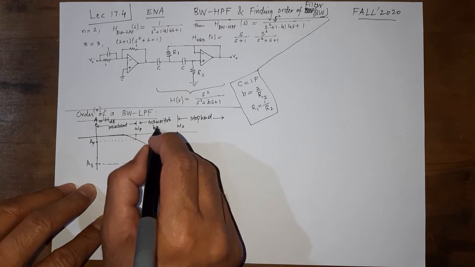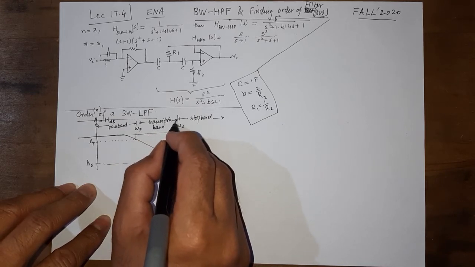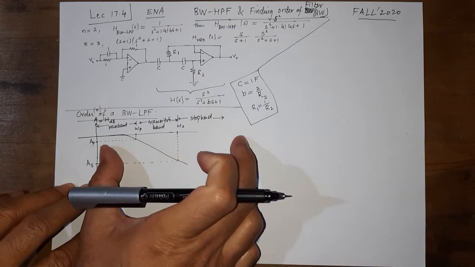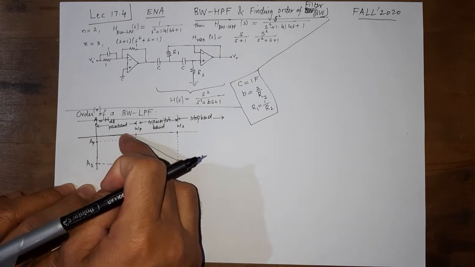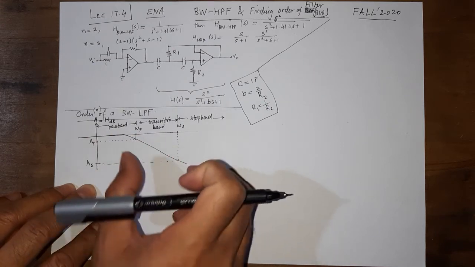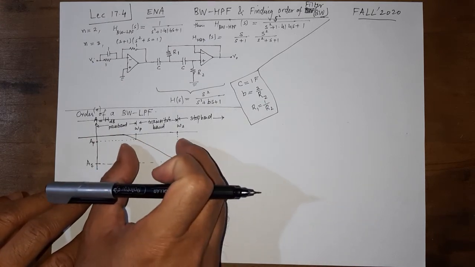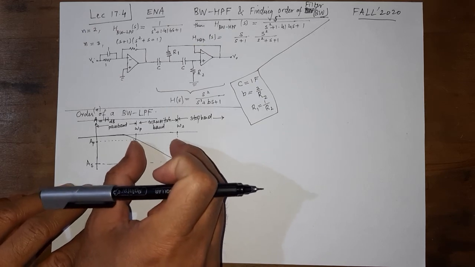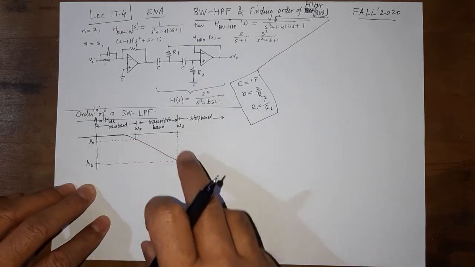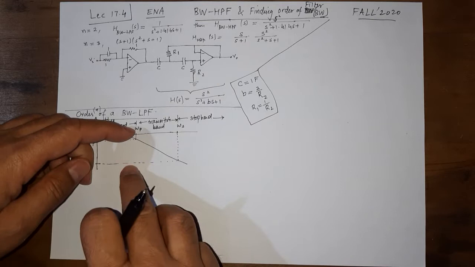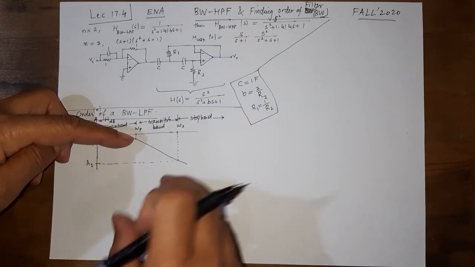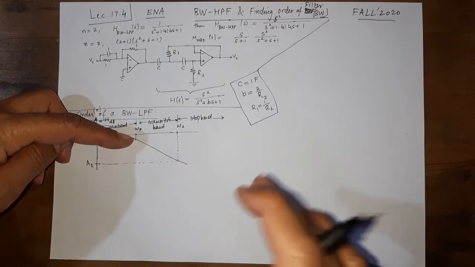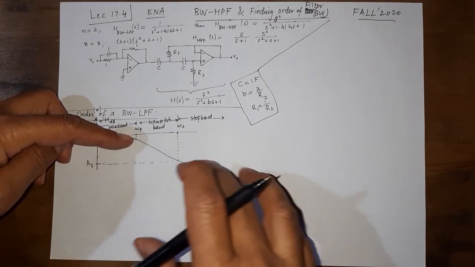You can intuitively understand that the larger the transition band, the smaller the order of a filter, because a smaller slope is going to cover up that transition band. And if we squeeze the transition band and make these AP and AS further apart, then we will need a higher order filter to achieve these specifications.